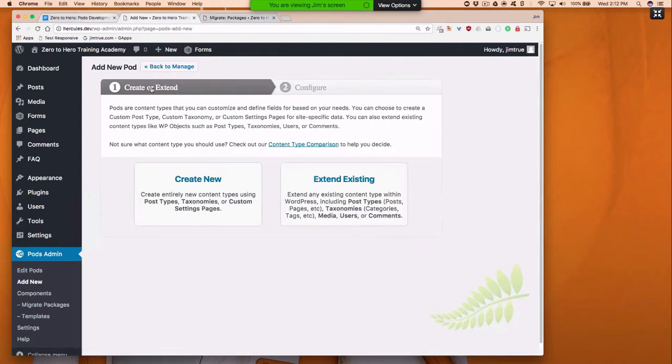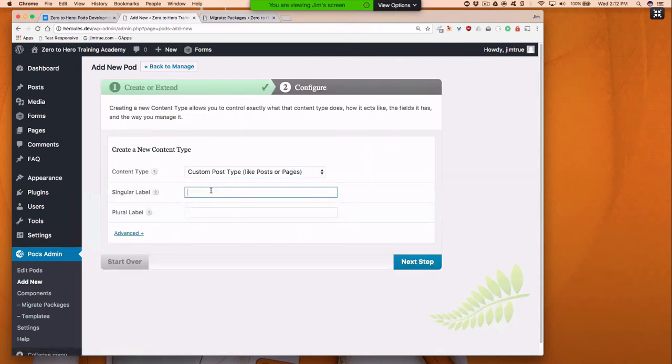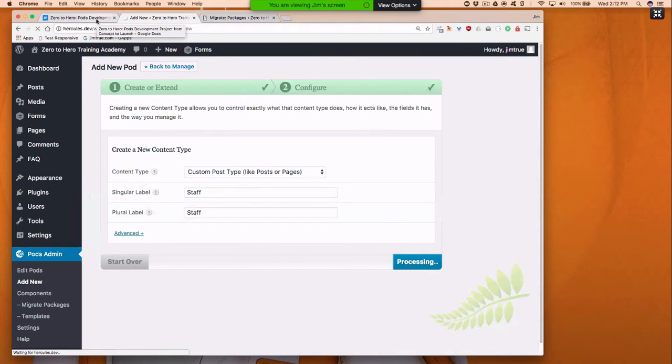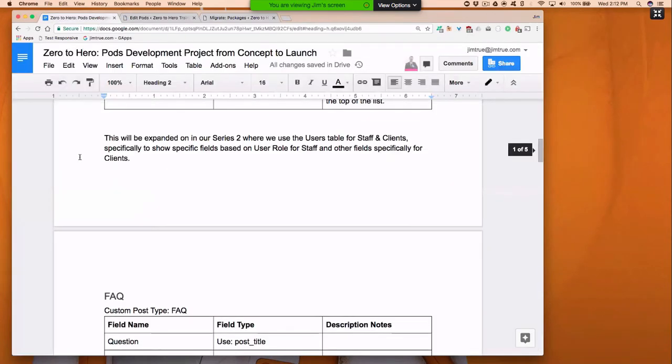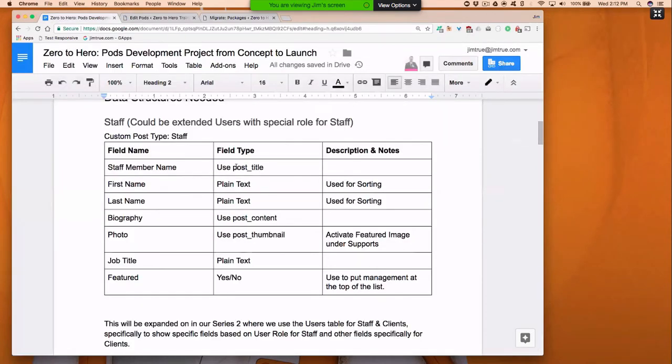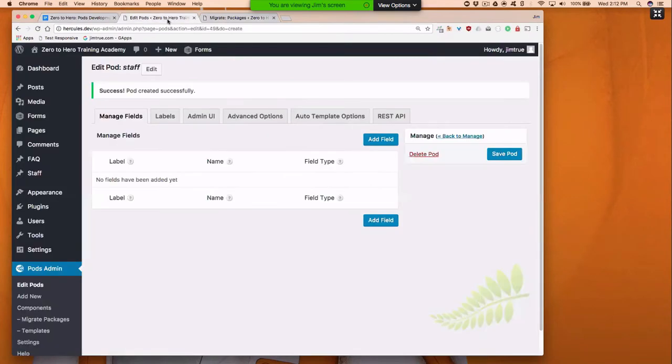And it's going to be another custom post type. And I got to remember what all our fields are. They are, we're using the staff member name as the post title, first name, last name. The bio is going to be the post content. Their photo is going to be the post thumbnail, job title, plain text, and featured yes, no. Because we want to make sure that some of the staff members can be elevated and escalated up to being